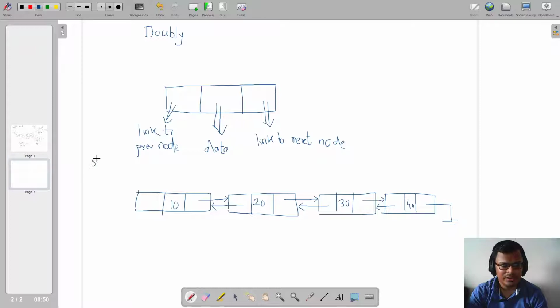There is one external reference pointer called start, which helps me find the first node or starting node of my linked list. Again, I repeat, this is just a pointer. This is not a node. This itself is my first node, 10. Now the previous of my first node is pointing to null. This is a new thing. As we have the next of the last node pointing to null, similarly the previous of the first node is pointing to null in case of a doubly linked list.